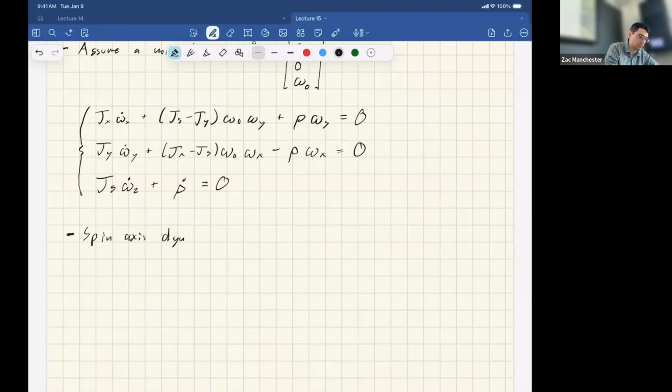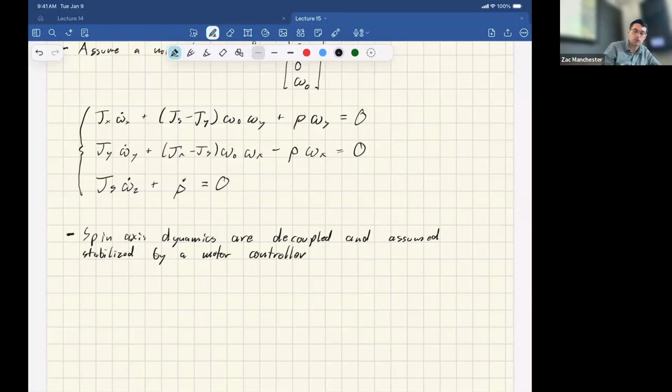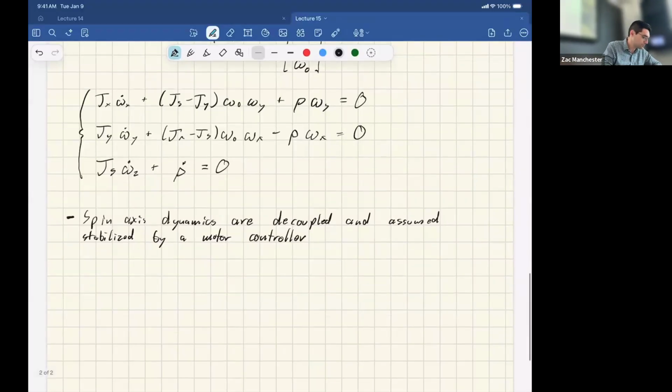So the spin axis dynamics are decoupled, and we're going to assume that we've got some controller doing something. There's going to be bearing friction and stuff like that. So ultimately we want that thing to not be spinning about that axis. So we just run a very, very simple controller on that one motor to basically zero out that omega dot Z. Okay, so now we're going to look at the other two degrees of freedom, the first two,